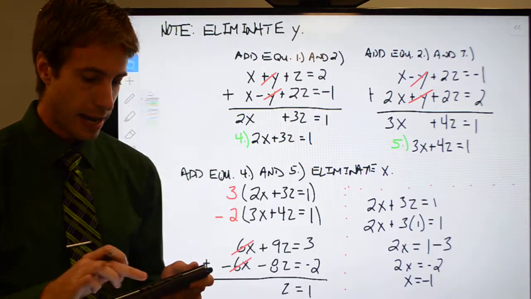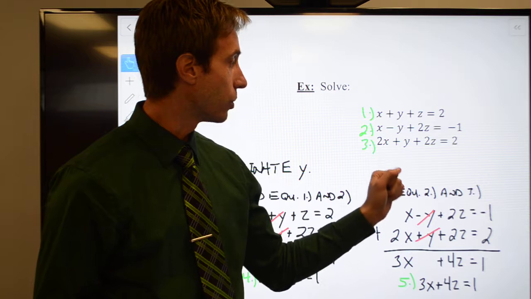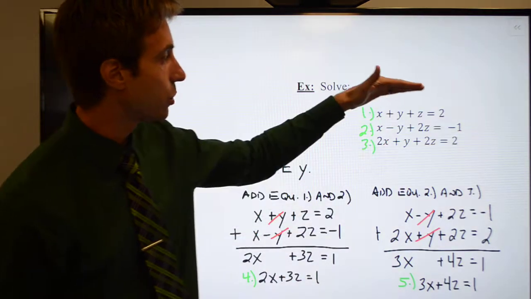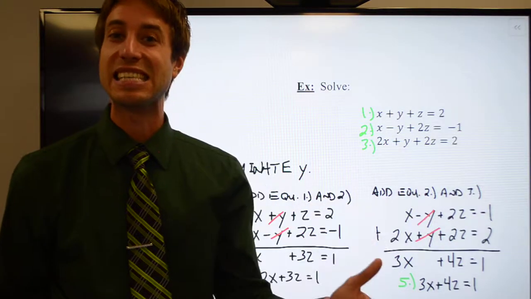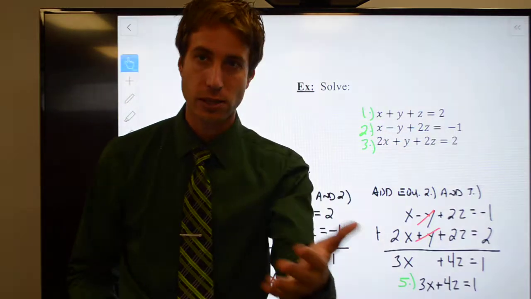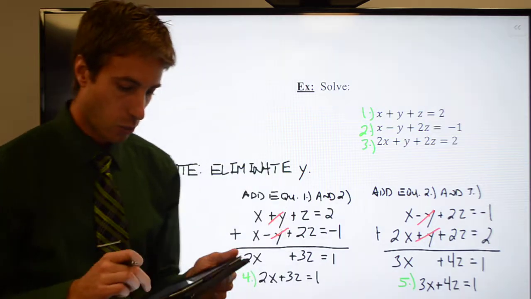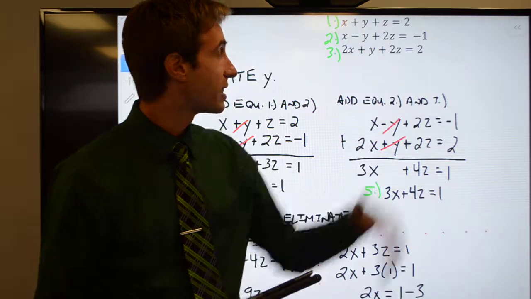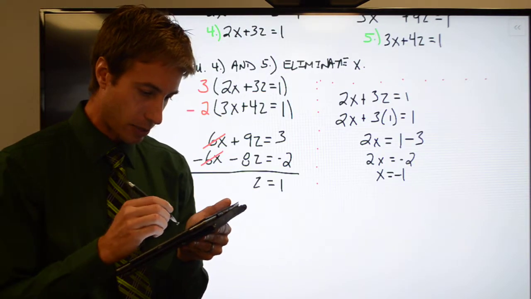How do you find y? Well, since I know what z is equal to and I know what x is equal to, plug those values into any one of these 3 equations. Of course, pick the one that's the easiest to work with, but plug it into any one of those equations and solve for the only variable you don't know, in this case, y. So here we go. I like that first one. That's definitely going to be the easiest one to solve, so that means I'm going to be solving